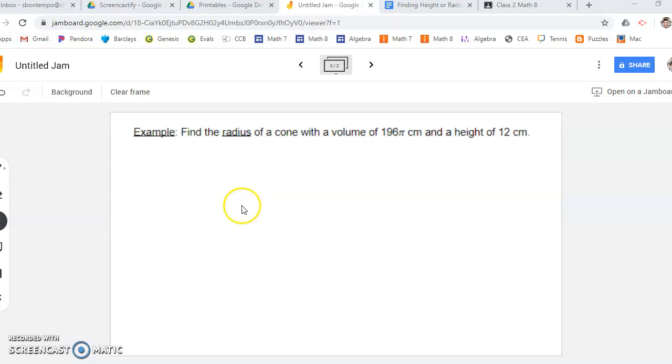Okay, the next one we're going to do is finding the radius of a cone if we have the volume and the height. So again, our equation is volume equals 1/3 pi r squared h. The volume they give us is 196 pi, so that means they've already moved pi to the other side. So we just have to get the final volume, which would be 196 times 3.14 is